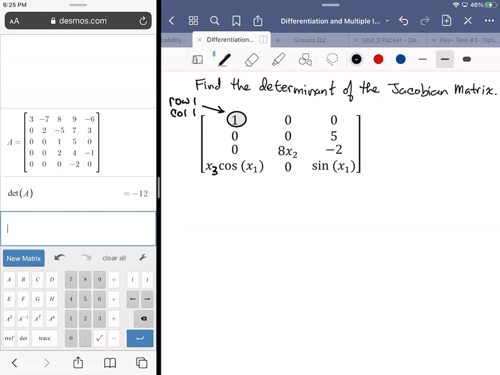So we're going to use the cofactor expansion to figure out this determinant, all right? So we're looking at -1 to the 1 + 1 power, multiplied by the 1. Then we're tossing the column that it's in, we're tossing the row that it's in, and then what we're left